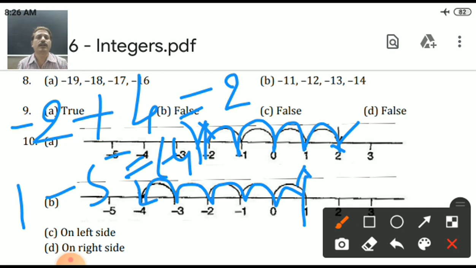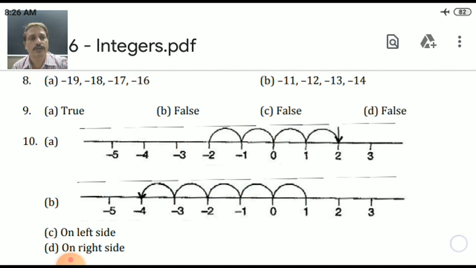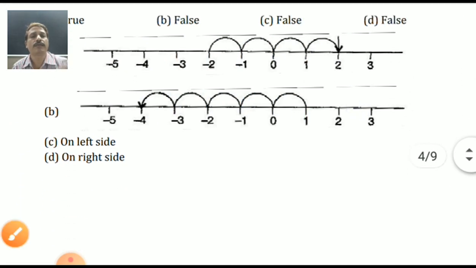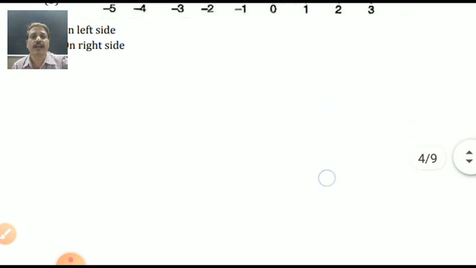Yes, my dear students. One number positive, one number negative, that means a subtraction. 5 में से 1 को minus करना है, 1 में से 5 को नहीं करना है. Yes. So who has the minus sign or plus sign? Which is the greater one? 5 is greater than 1 and 5 has the minus sign. That's why -4 is the answer. Correct? Understood? Does anyone have doubt? No doubt? Okay. Moving left side is minus, and right side is positive.